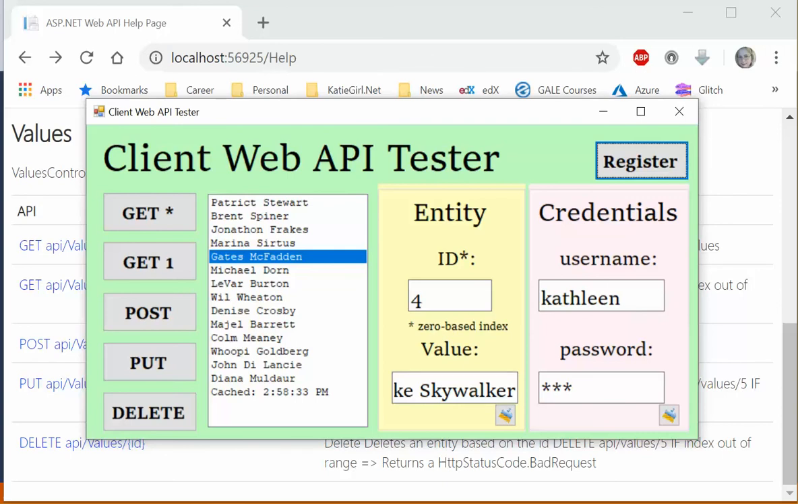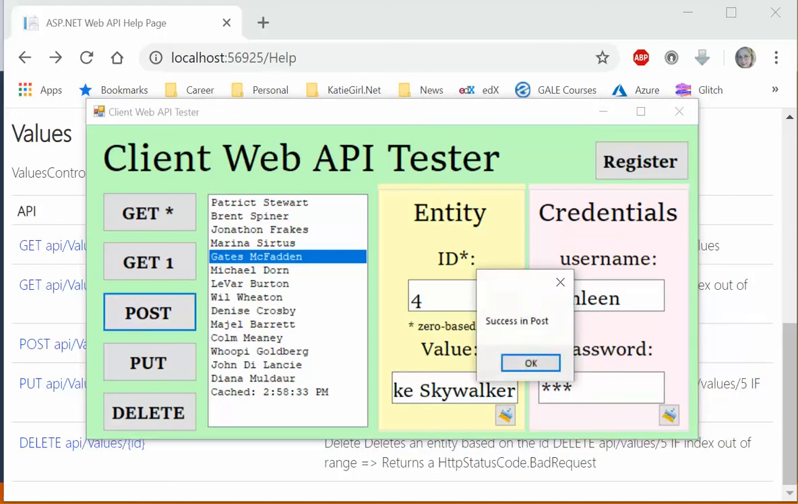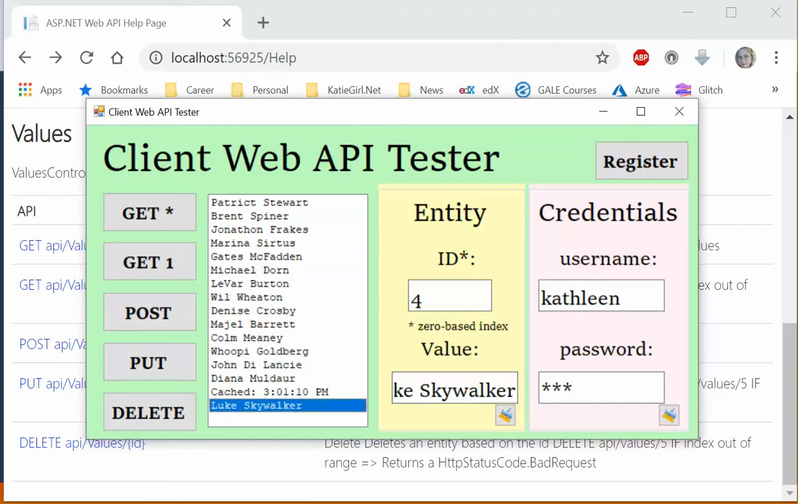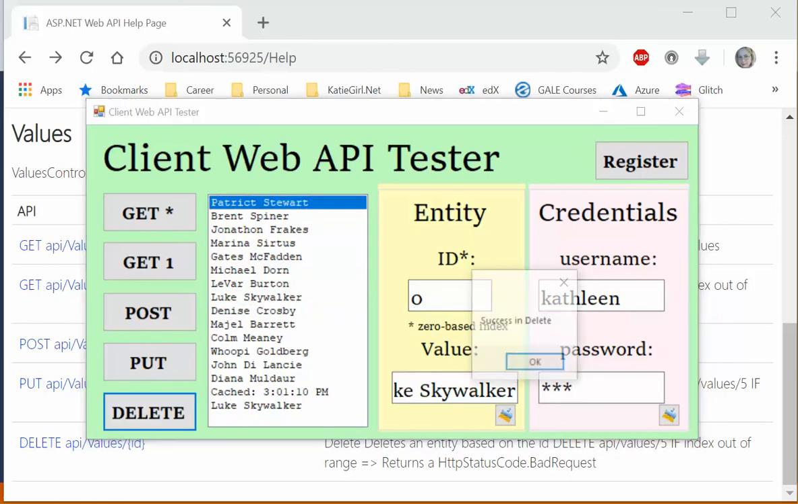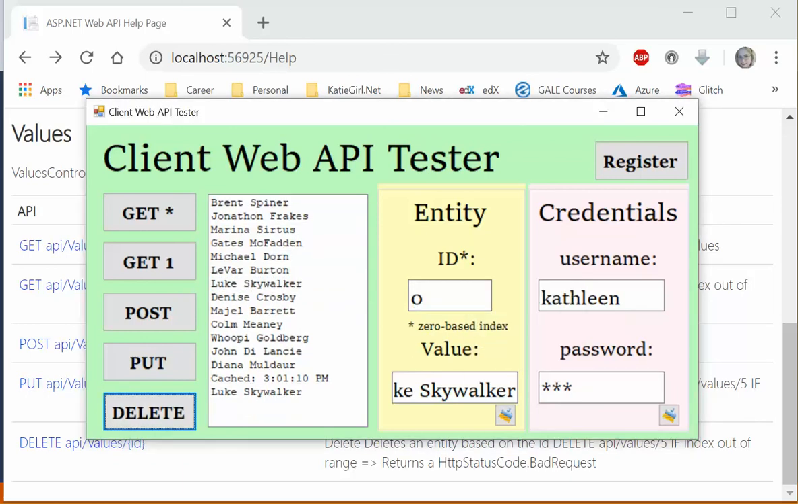So I am going to go ahead and try these CRUD operations. First, I'm going to try post. I get a successful message. And then I'm going to try put. It's successful. I'm going to go ahead and try delete. It's successful. Okay,